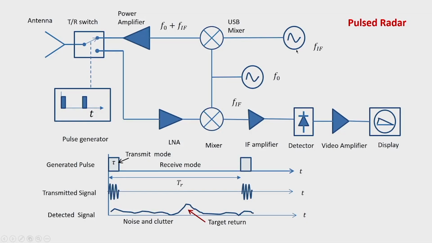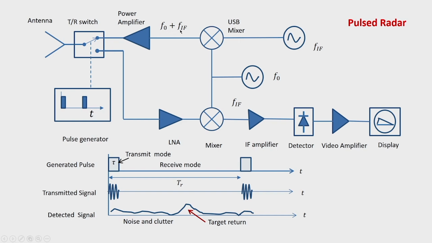So, we have an oscillator which produces intermediate frequency denoted by FIF, and also we have another oscillator which generates the main frequency F naught. Now, these two frequencies are mixed and this is an upper sideband mixer. So, after multiplying this F naught and FIF, this mixer filters out the sum of the two frequencies. So, we will have F naught plus FIF, this is filtered out, and then a signal of this frequency